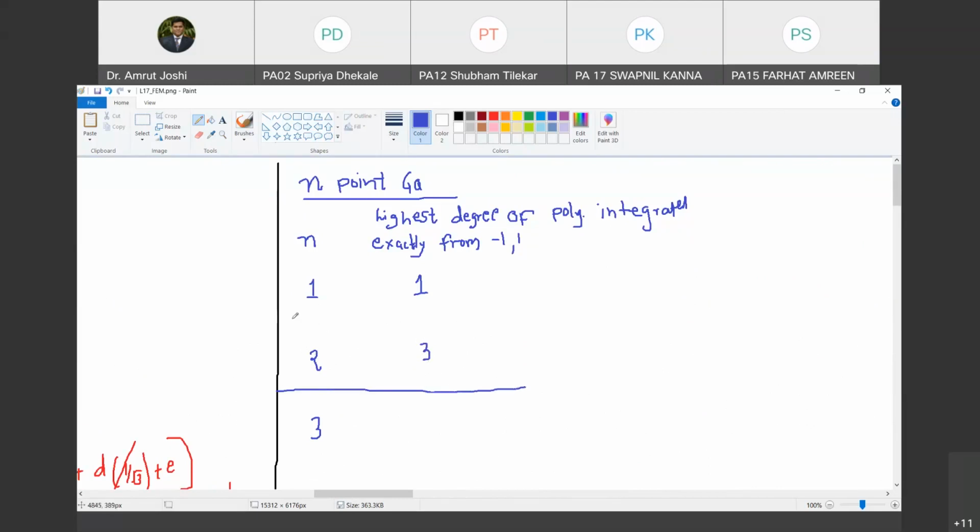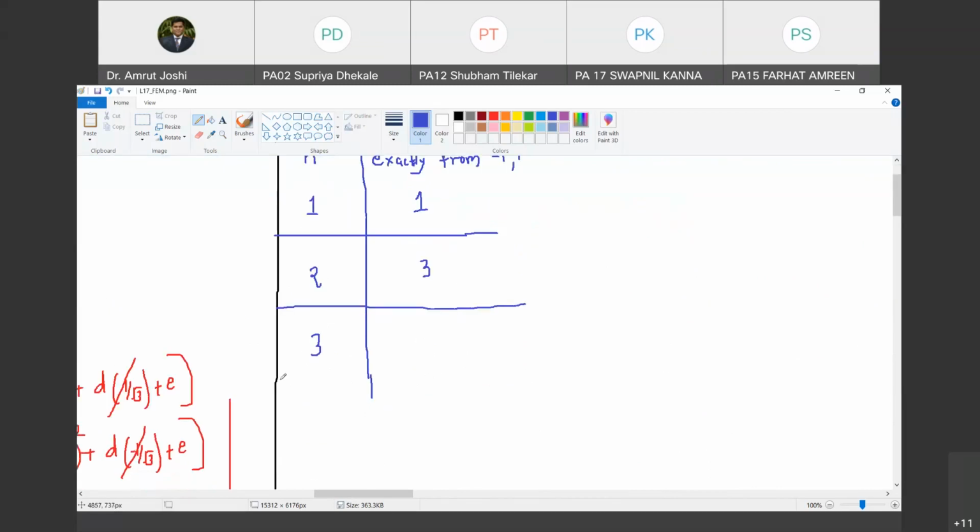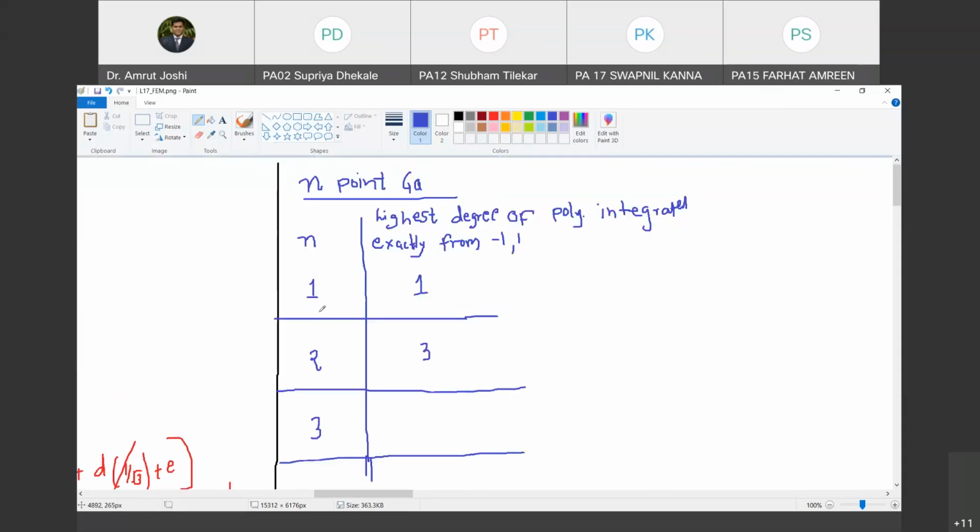Yes, sir. We are going to update this table tomorrow for 3rd degree polynomial, 4th degree polynomial, so for 3 point Gauss quadrature, 4 point Gauss quadrature, exactly like this. Are you with me? Yes, sir. So 1 point Gauss quadrature can exactly integrate linear polynomials from minus 1 to 1. 2 point Gauss quadrature can exactly integrate all the polynomials up to cubic order from minus 1 to 1. Happy? Yes, sir. If it is integrating cubic, it is also integrating quadratic and linear polynomials exactly, but fourth order it will not. Are you with me? Yes, sir.